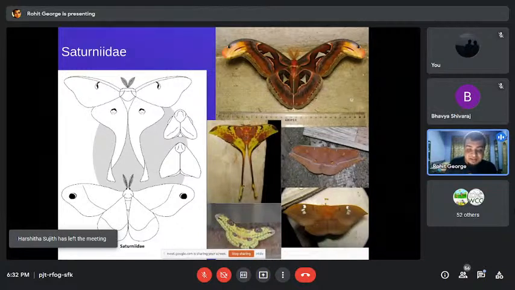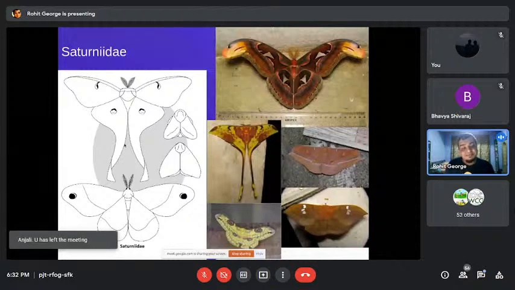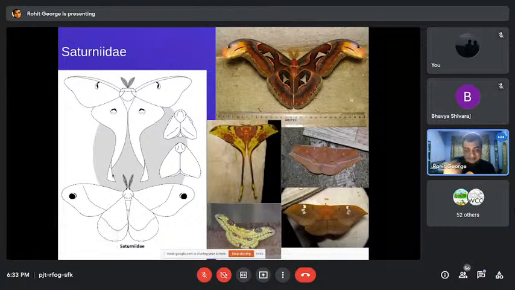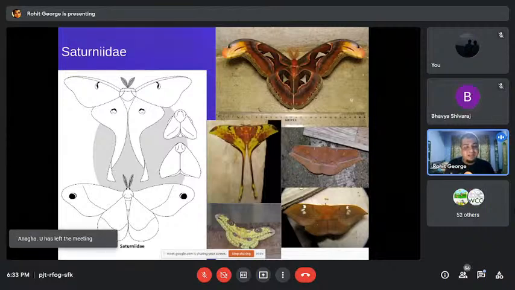For this particular species, there was some interesting research. In this picture you can't see too clearly, but here you can see the hind wing is twisted. Researchers found that these twists help it to evade bats. As you all know, bats use echolocation. They make a sound, and by the reflection of the sound, they find out the position of their prey, where to attack. Because of these twists, it masks or hides the actual location. So when the bat gets the echo back, it gets confused.